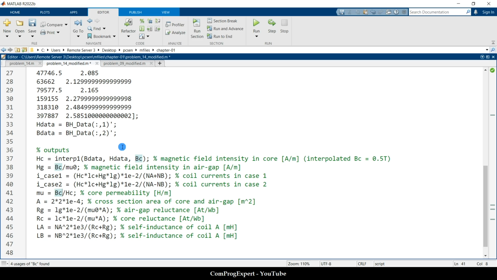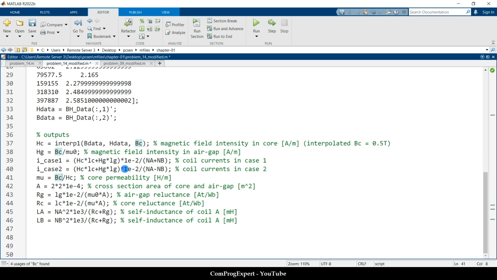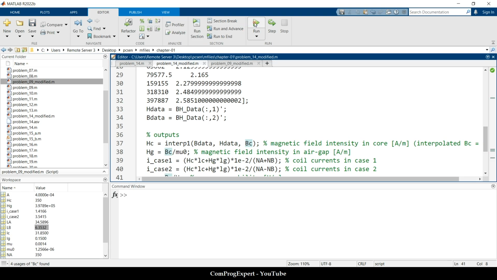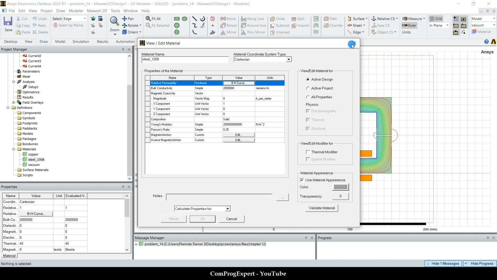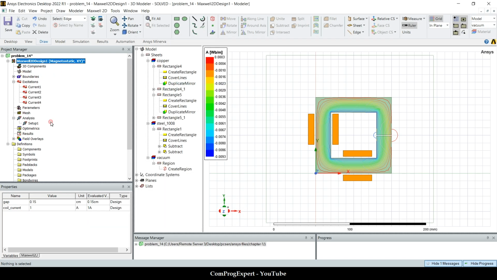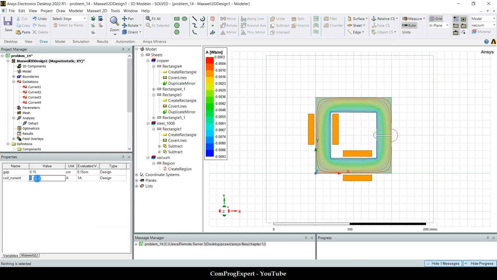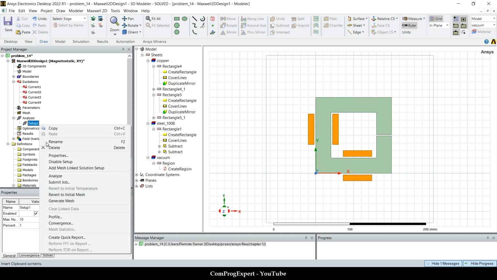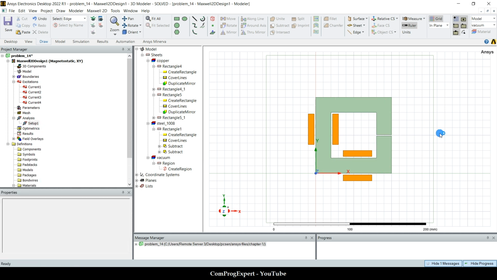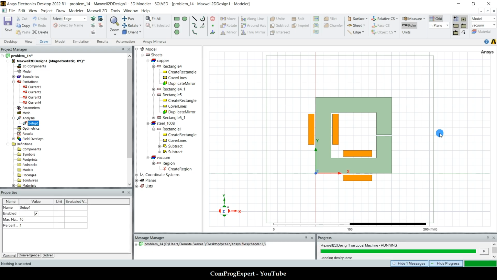So we can solve the problem now. If I run, what is the value of the current? 1.33. So let's set the value of the current 1.33. So analyze again and check the level of the